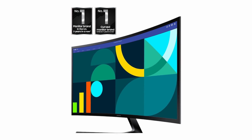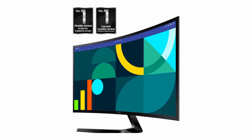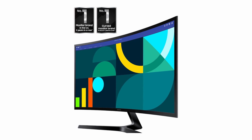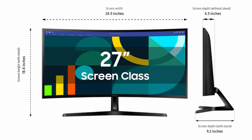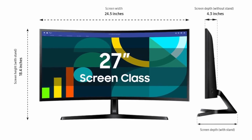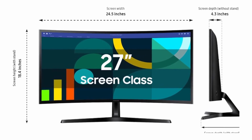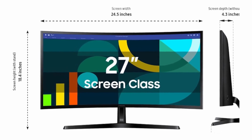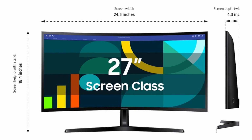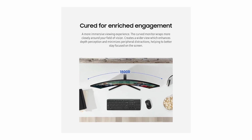With full HD 1920 by 1080 resolution, a 100 Hz refresh rate, and TÜV-certified advanced eye comfort technology, this monitor excels in both performance and user comfort. Whether you're working long hours or enjoying fast-paced games, the reduced motion blur and minimized blue light ensure a strain-free